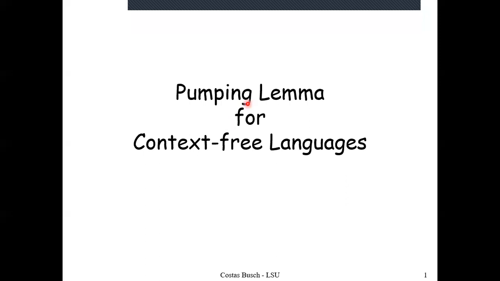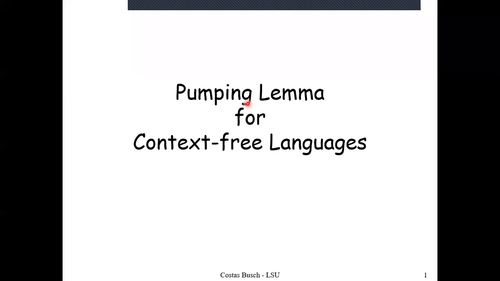So if we have some infinite formal language and we are asking a question about its being context-free, then this pumping lemma would make sense. If some formal language is finite, then it doesn't make any sense to ask if that language is context-free, because a finite language is regular and every regular language is a context-free language, because we have a regular grammar for every regular language.